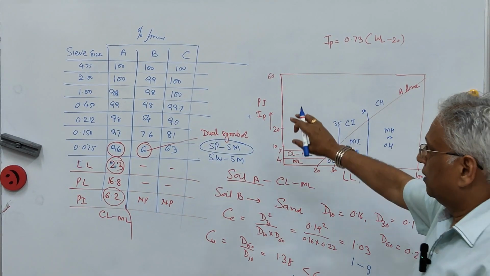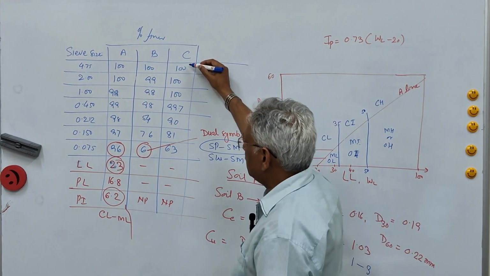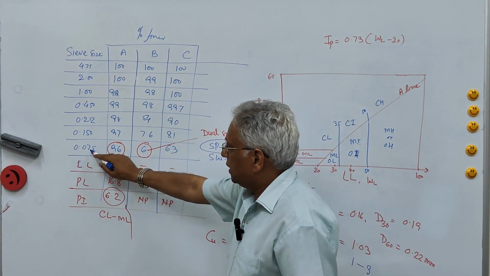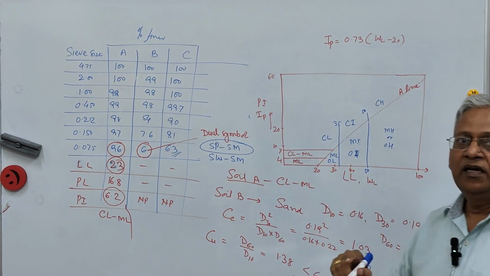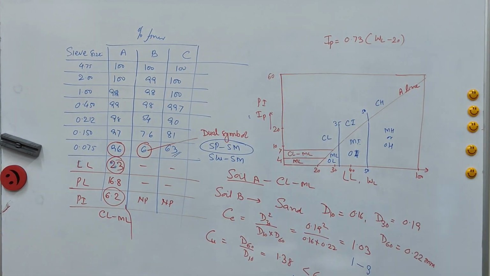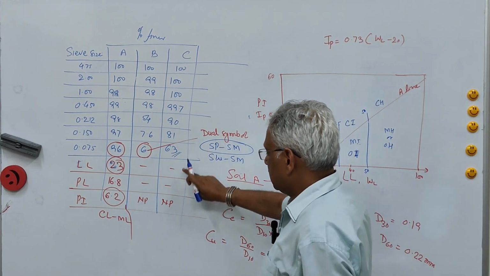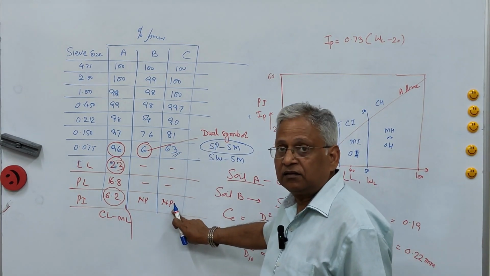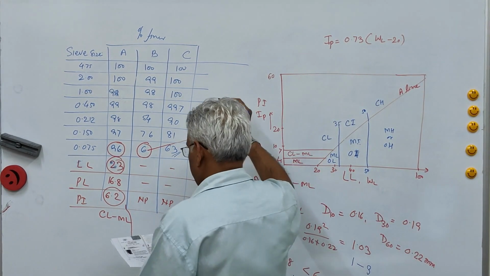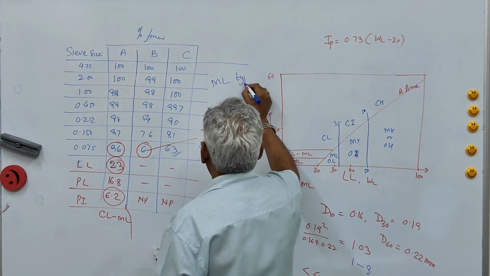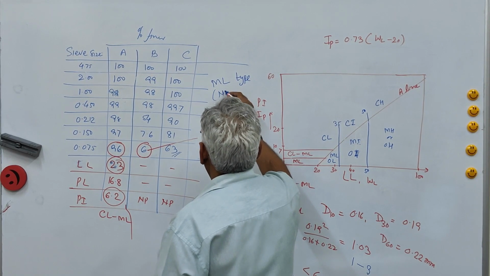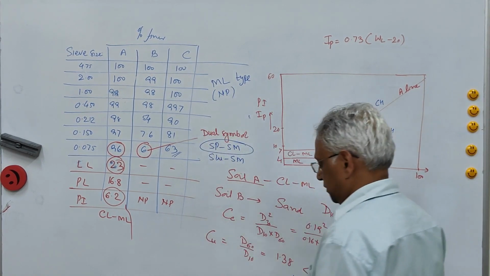Now, the third soil, if you look at this, the passing 75 micron is 63%. So, it is again a fine grained soil. And because this soil is non-plastic, it will be an ML type. ML type soil. If you want, you can write in the bracket non-plastic. That is how you